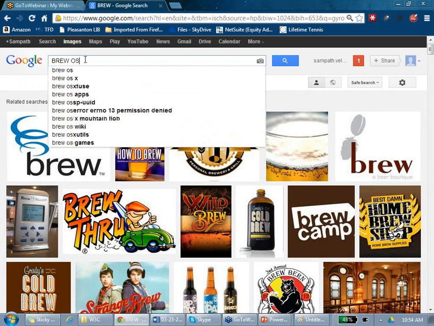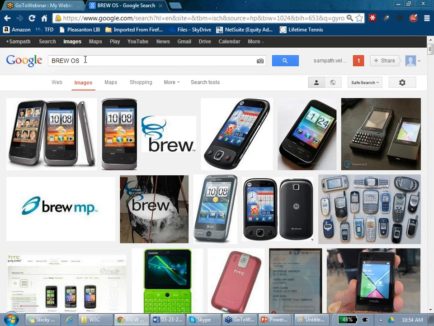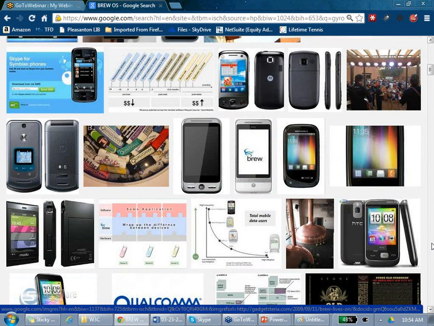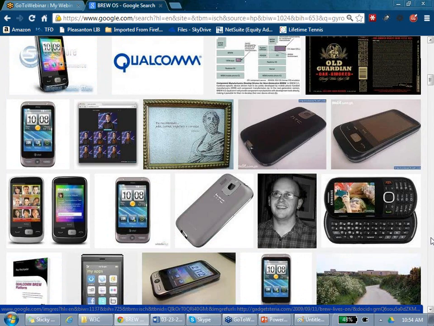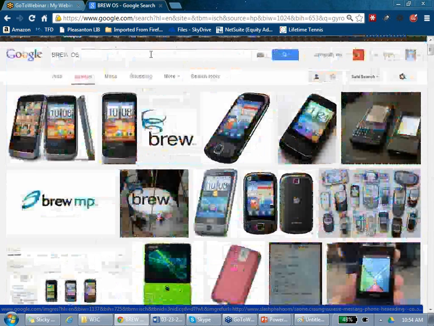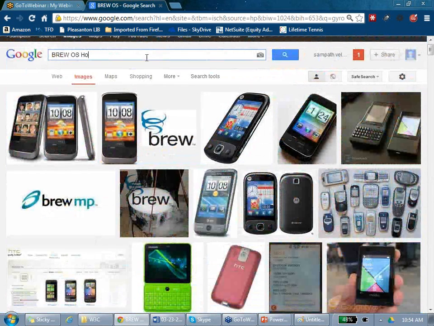Oh yes. See. Not this one. I will show you. Not this one. This is all Android. Brew OS home screen.